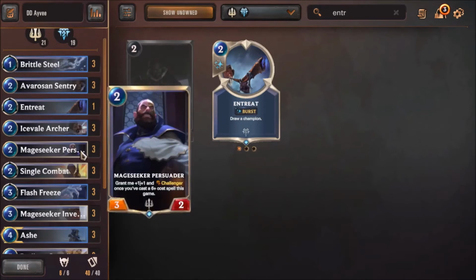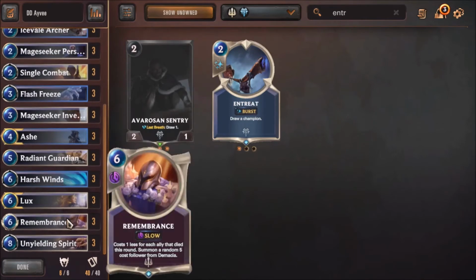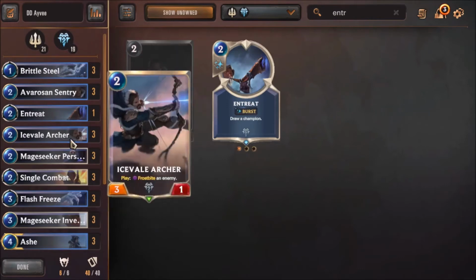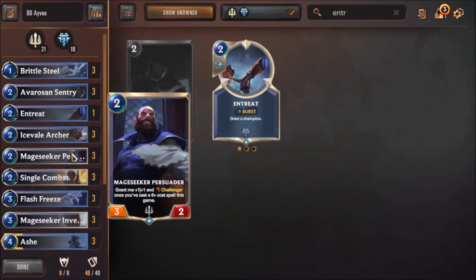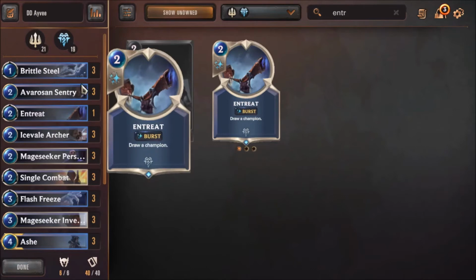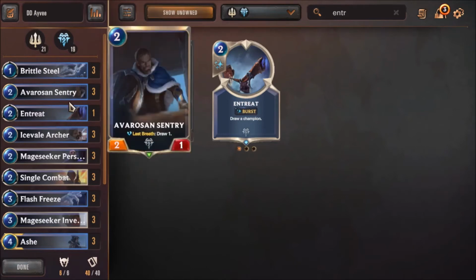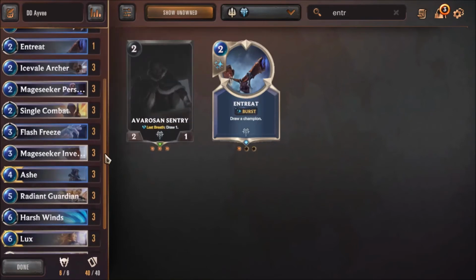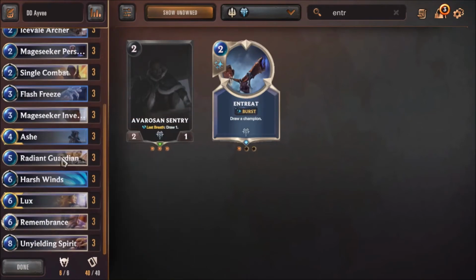The Mage Seeker Persuader, after the Remembrance, gives us ways to clear the aggro strategy, and also get some nice trades by frostbiting before attacking. So yeah, it all comes together. The Freljord and the Demacia package really work very well together. I kind of like this deck a lot. I could see it being competitive, so definitely cheers for AV to have come with an unrefined but definitely a